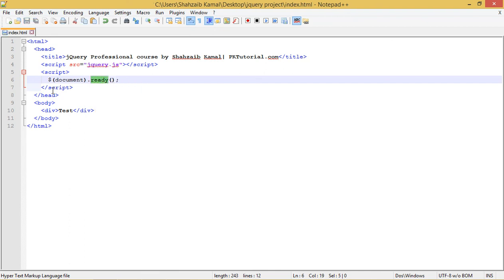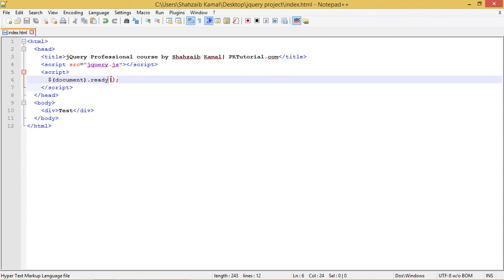The ready function declares that our document is ready, and the very first selector is document. Now this is the very basic syntax of jQuery to start, and this is important. By the way, now we have just inserted the very basic jQuery syntax.